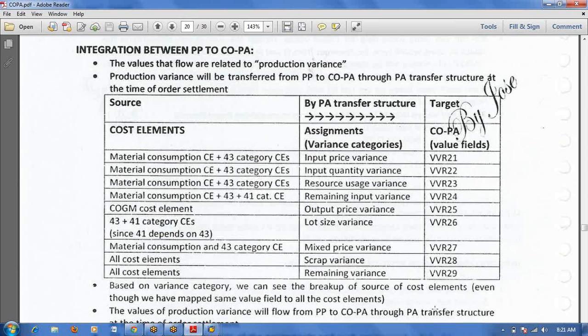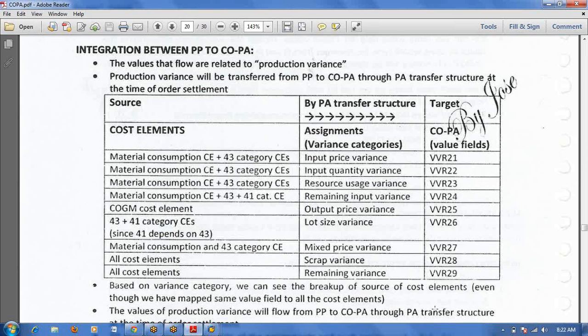Every period they will check whether the values are matching in FI and COPA or not, COGS value, any discount value. Suppose we are giving a discount to the customer. All values they will check and they will see the net profit in the COPA module.